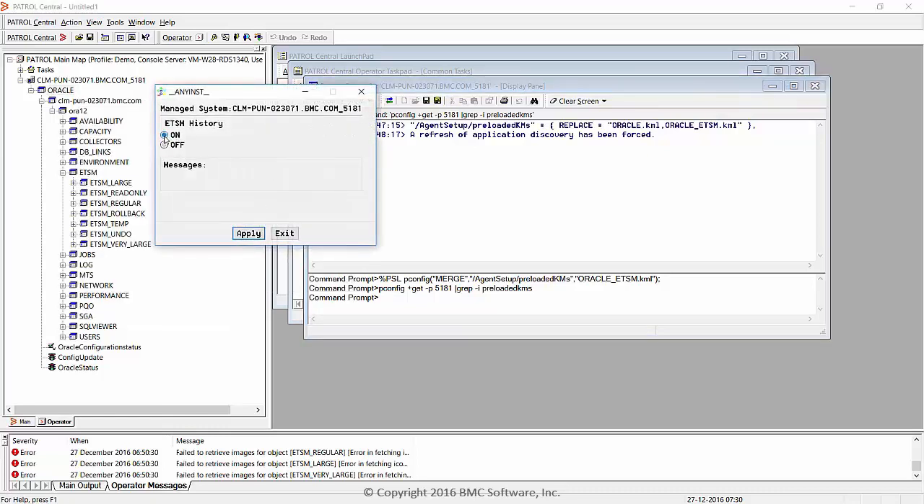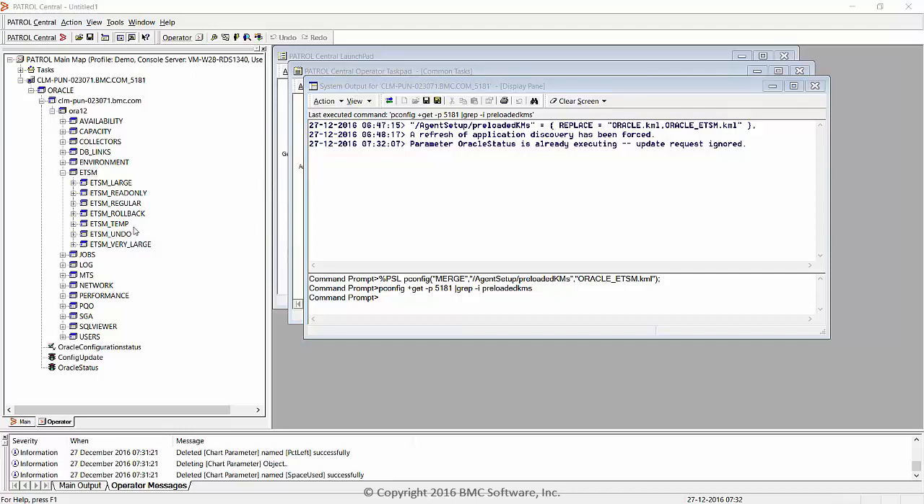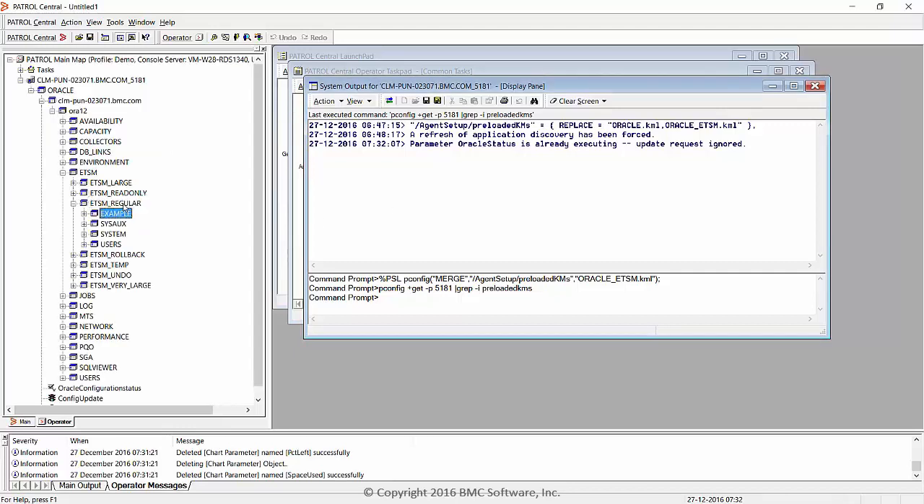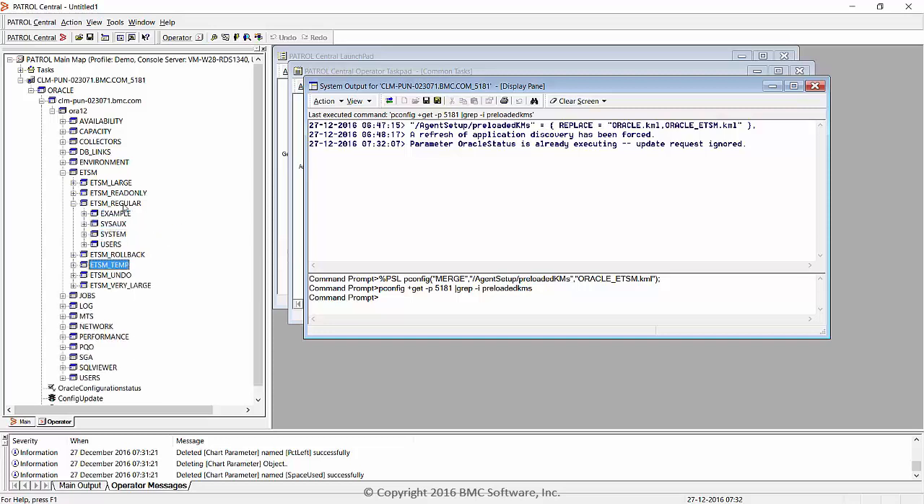We'll set it to on and click on apply. In the messages, you can see that the ETSM history is enabled. Now we will click on exit. And now we can see that it has started collecting data for all the table spaces in regular, in temp,